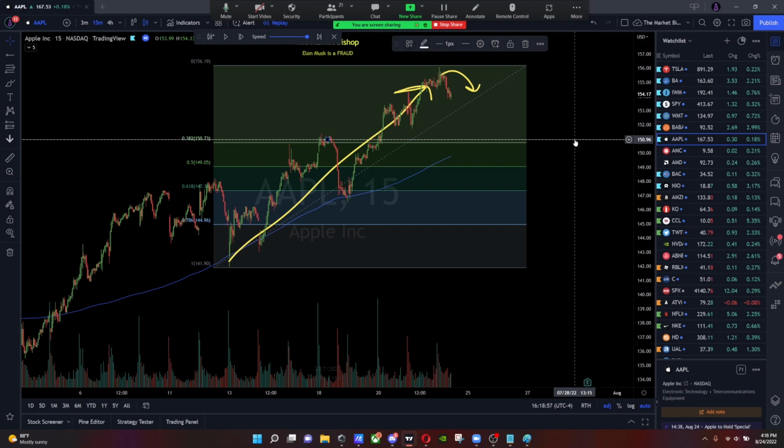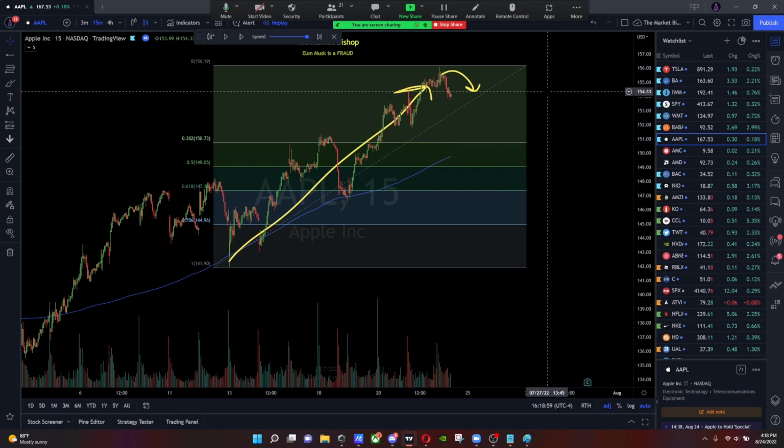And when this happens, I could look at other stocks, right? This is the beauty of it. You could plot these out on like 20 stocks and set alerts. And the second an alert triggers, that's when you go into the stock. And trust me, the less time you look at a chart, the more